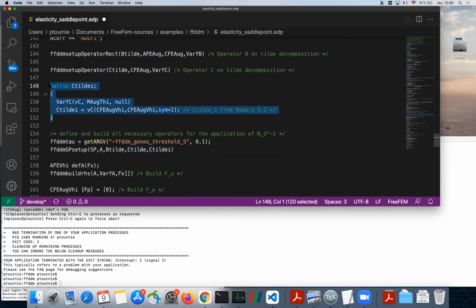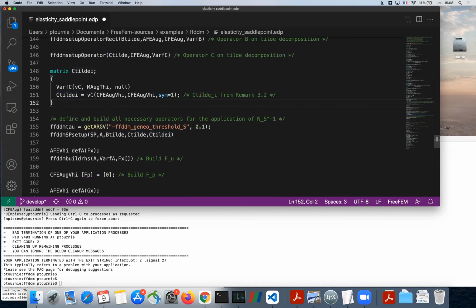One extra user-defined parameter of the method is that you need to provide some C tilde matrices, but we didn't have time to explain where it plays a role here. The standard choice is to just take the Neumann matrix of the variational formulation for the pressure block for this matrix, which is exactly what I'm doing here.